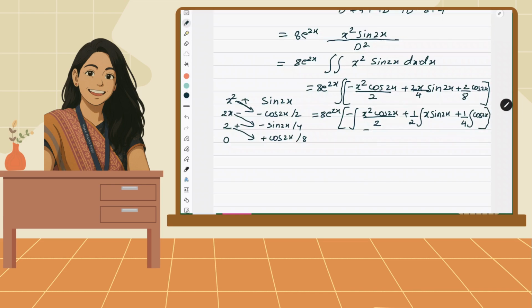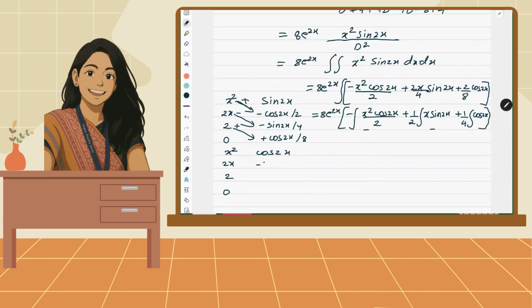Now here again you should apply by parts. And whatever values come, that you have to write. So let me solve it for you because it is very lengthy and I don't want you guys to make any mistake. So just have a look at this. Let me first solve for you x square cos 2x. Okay, so this will be 2x. I'll again suggest you pause the video, do it yourself and then check.